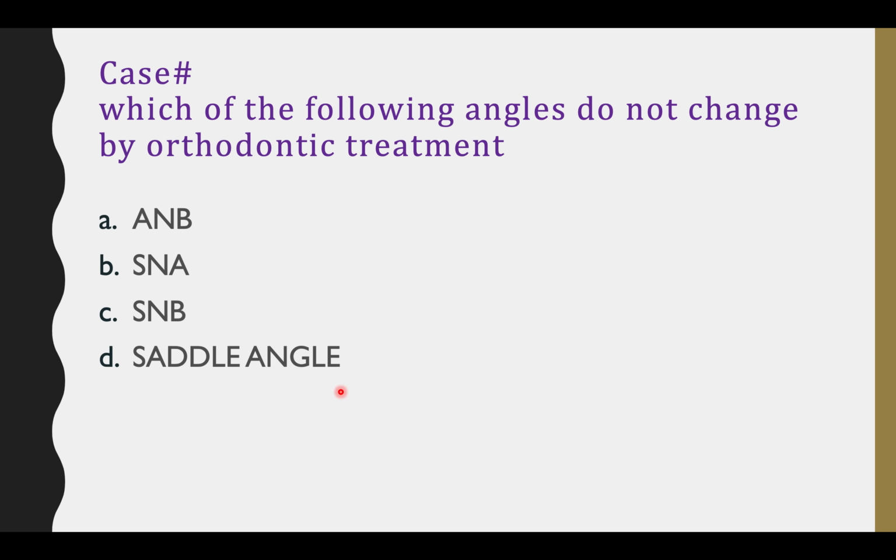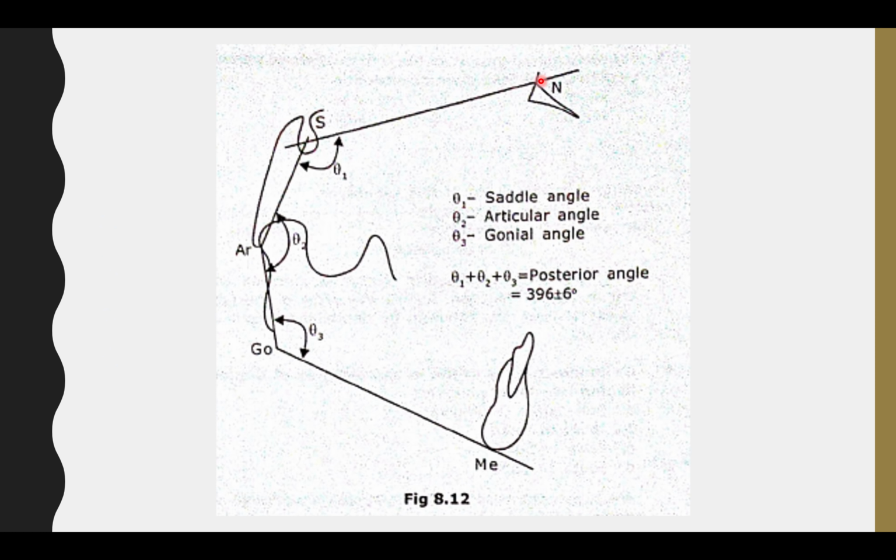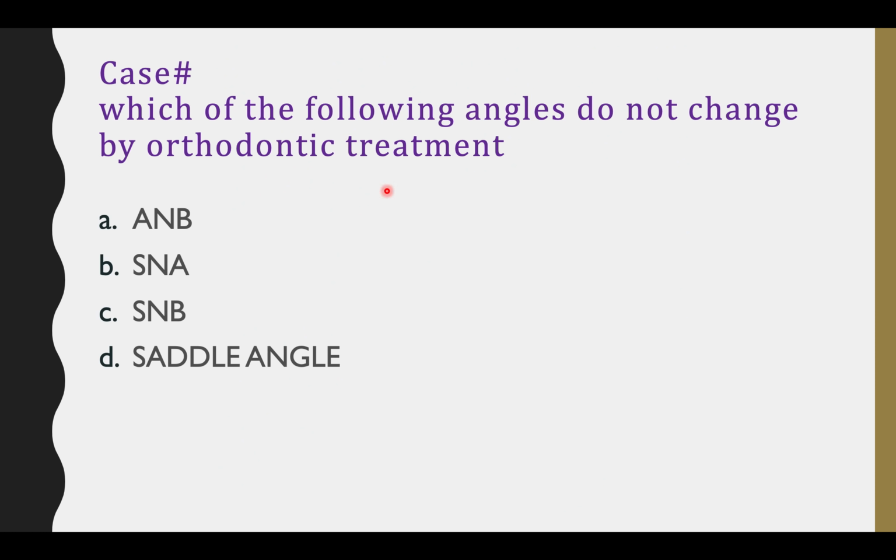And if we see the saddle angle, the parameters like nasion, sella and articular cannot be affected by orthodontic tooth movement. So, the angle that cannot be affected by orthodontic tooth movement is your saddle angle. Likewise, we have to understand. If we know the landmarks, whether it is a skeletal landmark or a dental landmark, it can be affected by orthodontic treatment, orthopedic or functional appliances, or surgical. Likewise, we can divide easily. So, sound knowledge of each and every landmark is important.